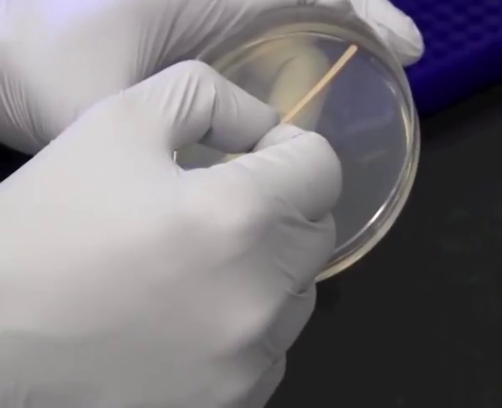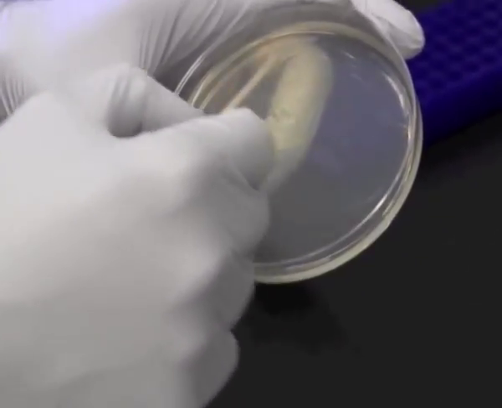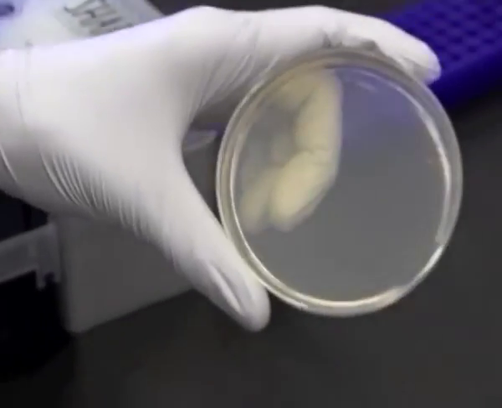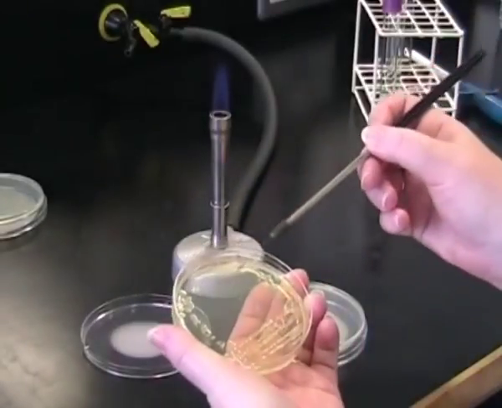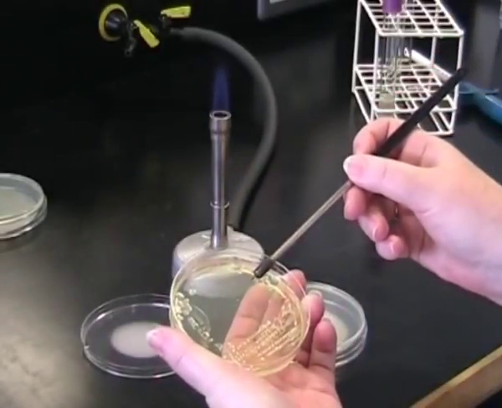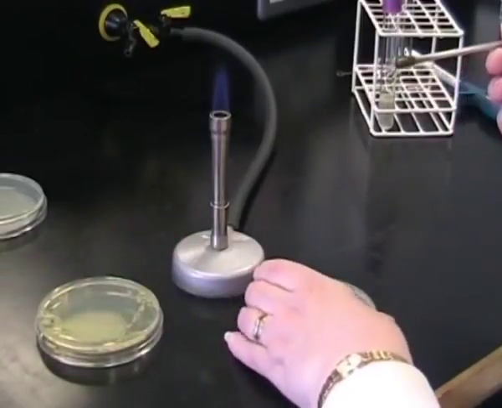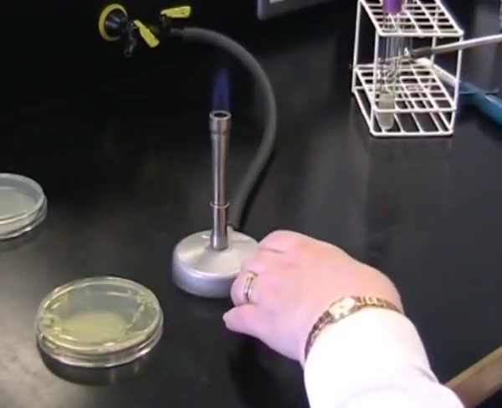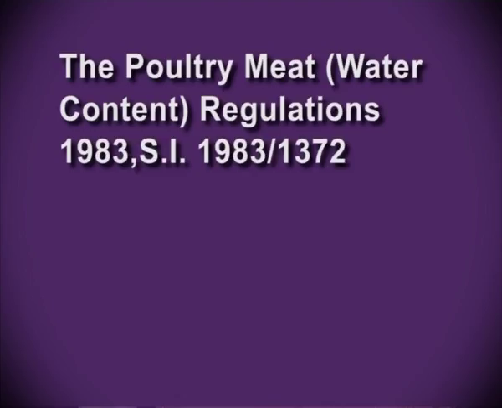The nature of the samples that are appropriate will depend on the purpose for which the analysis is undertaken. The quantity will vary according to the product and the type of analysis to be carried out. In addition, samples must be drawn under the provision of regulations that have their own provisions. Some examples are poultry meat, within that, we have water content regulations 1983, SI